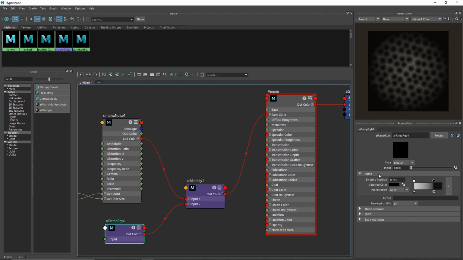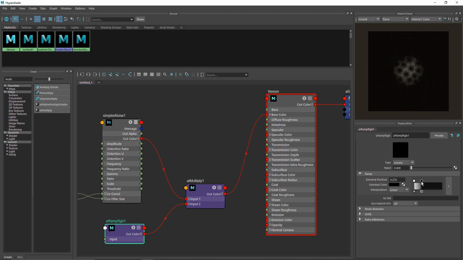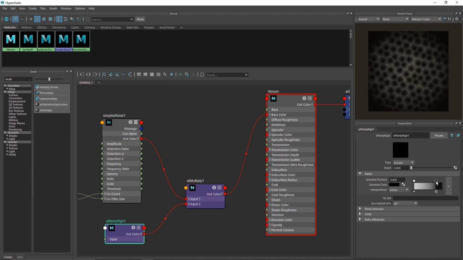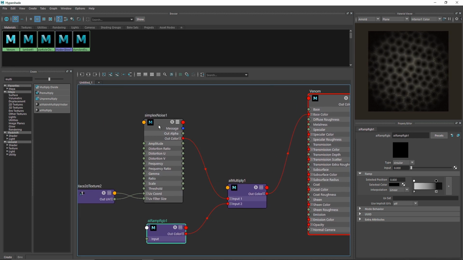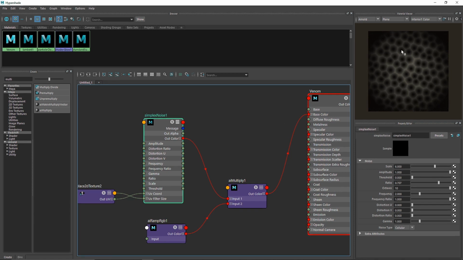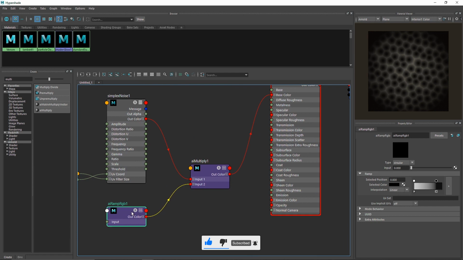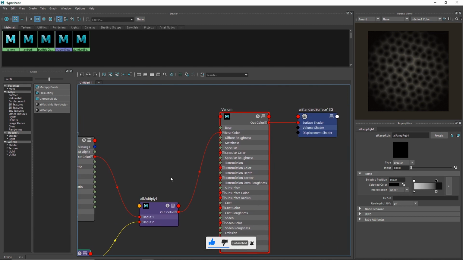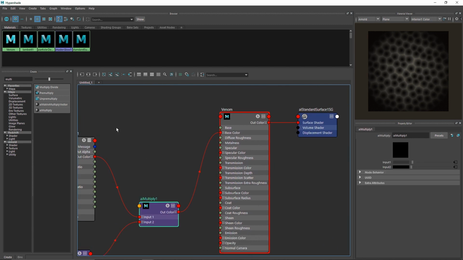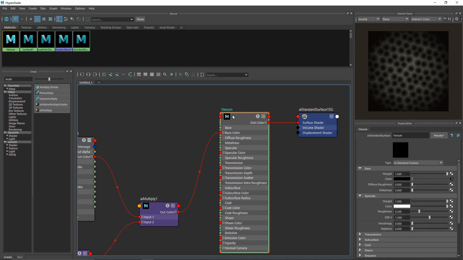Now if I go back, as I said, this is a completely procedural method. We can control through our ramp how much fluid we want to be affected on our geometry. So now you have a noise that is generating this pattern, and then you have your mask here, which is creating a mask around your overall geometry, restricting the noise to be, you can say, projected onto your geometry. So we have a multiply node that's driving both of these, and then we have our standard surface.